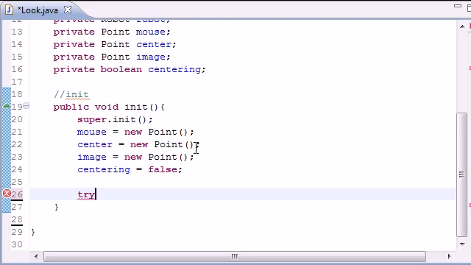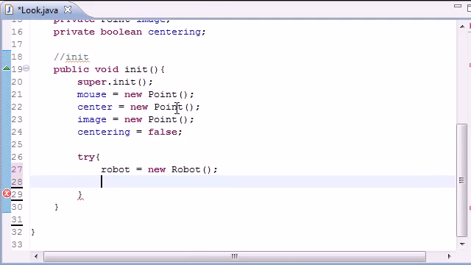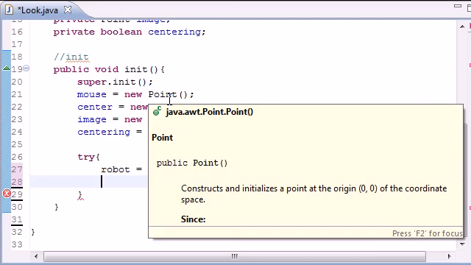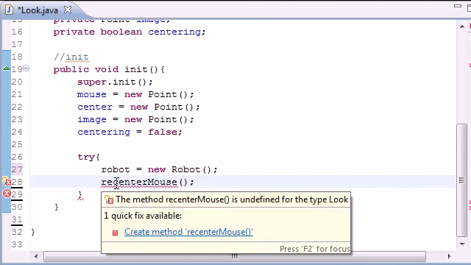After we create all these, what we want to try is set that robot equal to a new robot object so we can use it later on. After this, we're going to make a method to center the mouse on your screen, and it's going to be called recenter mouse. So we're going to make a robot object. We're going to get a method called recenter mouse, and what this does is pretty much take your cursor